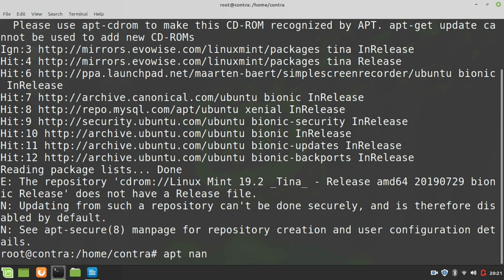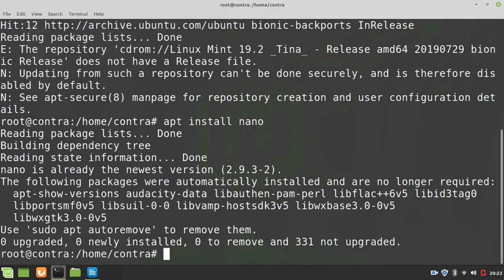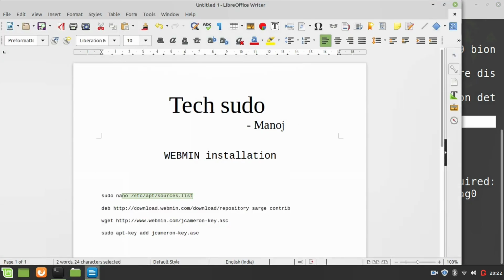Just install nano. apt install is the command to install. I already installed nano. If you have not installed nano, you can go with nano, because it's an editor tool. If you are editing any text file in Linux, you need to use this nano. I will switch to,